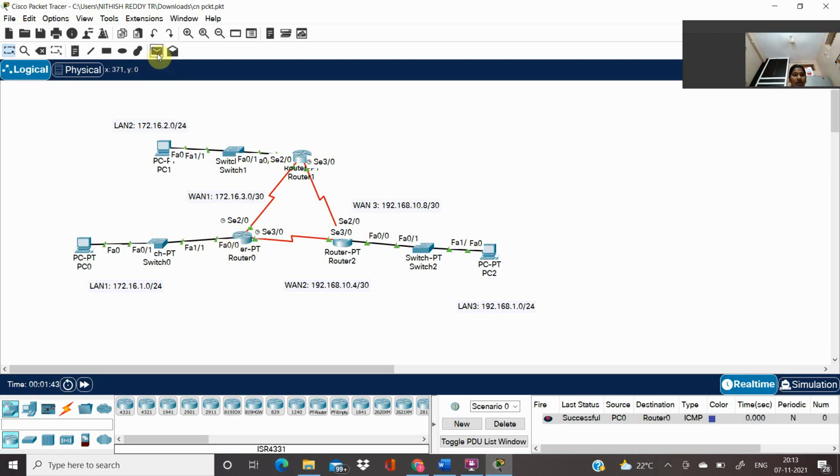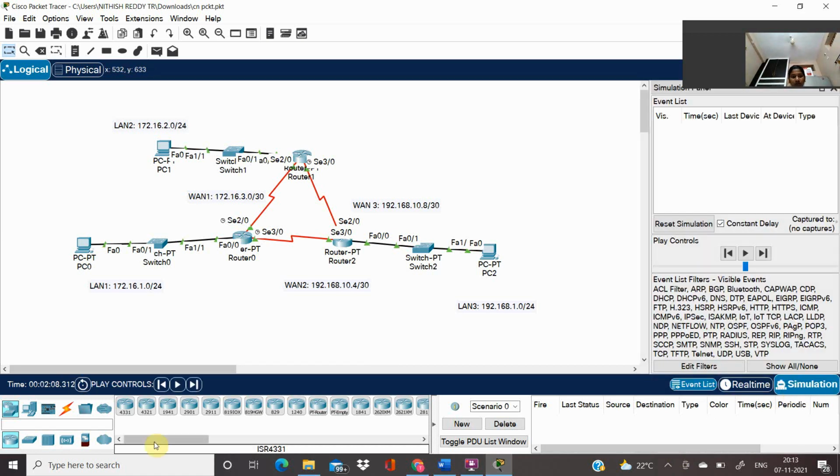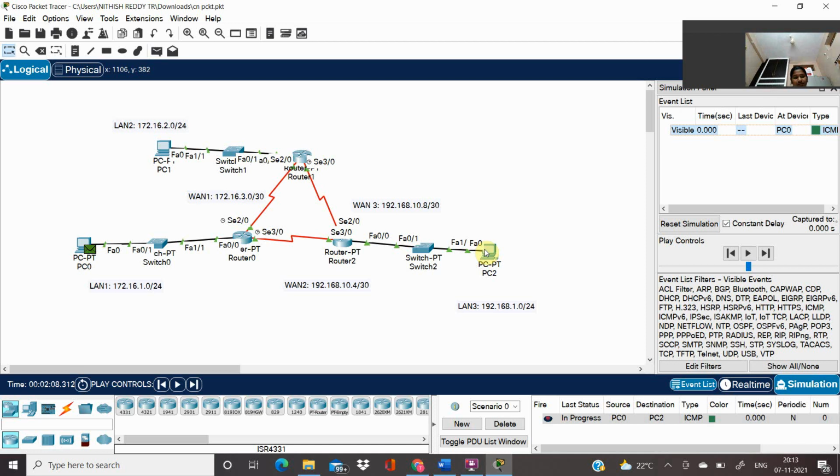and it is successful. Now let me start pinging from PC0 to PC2, that means from LAN 1 to LAN 3 in simulation mode. I'm giving from PC0 to PC2 and let's check.